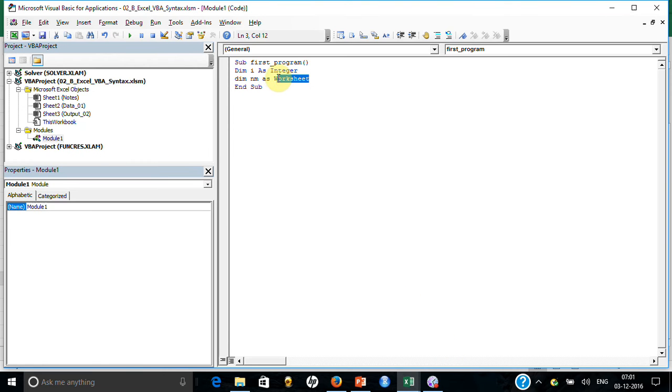You also have the option of defining string, and the good part is that the moment you say as, it shows a drop down, and when you type one or two characters, it shows. So you can see string, which you'll use essentially if you want to store a name or any text kind of thing. You have date also available, which you can use. So integer, long, float, double, these are some of the things you'll be using more often than others. Now I created a variable, let's say Dim counter as integer.